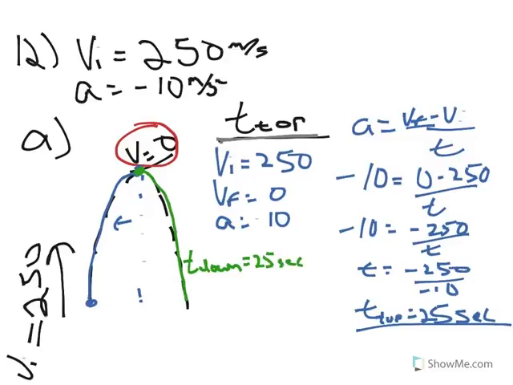Okay? And so what you do is the total time, the answer, is 50 seconds. It takes 25 seconds to go up and 25 seconds to go down. So the answer is 50 seconds. Okay? Moving on to